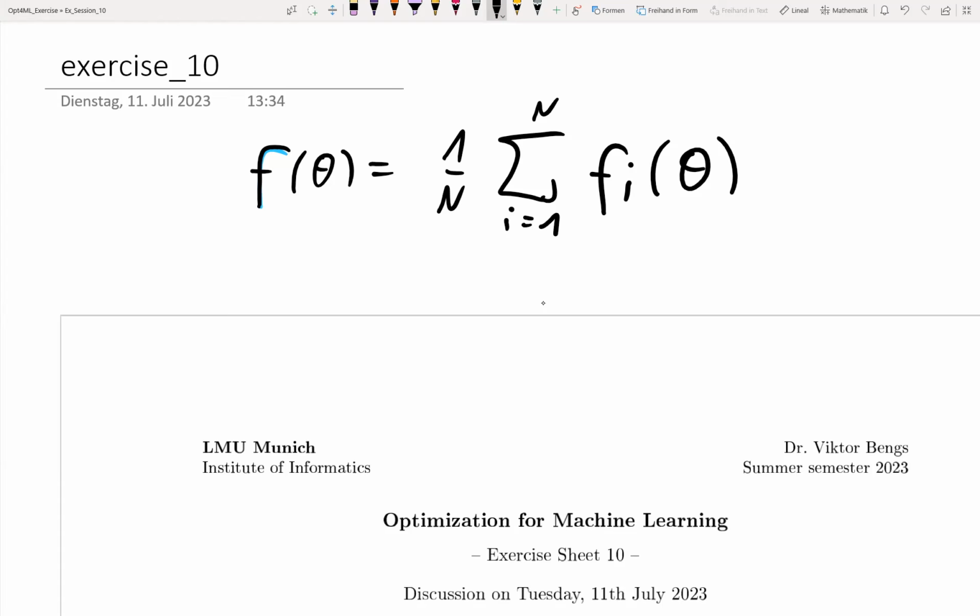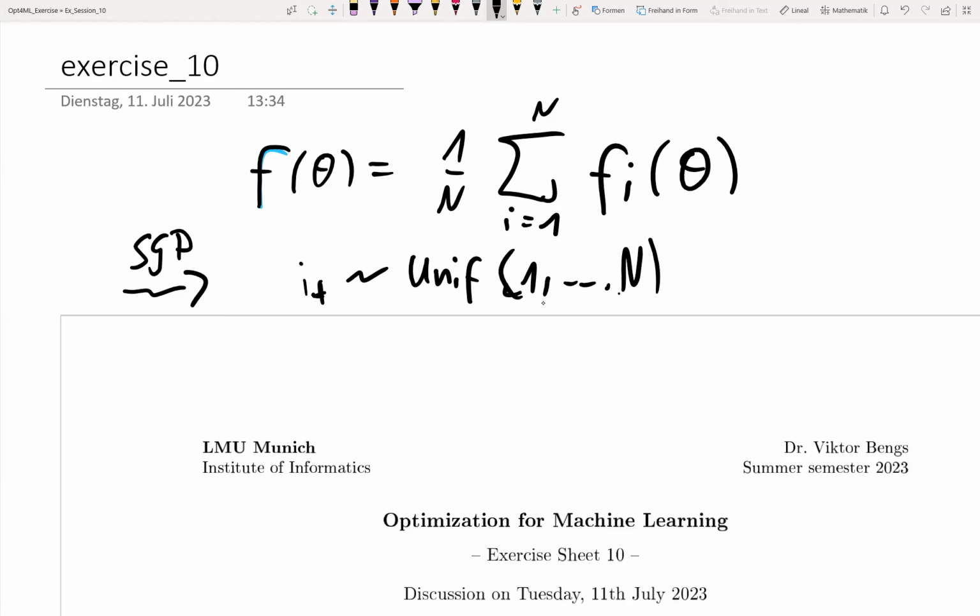And when n is large, this means that we have to compute n many gradients to get the gradient of f. So the idea of stochastic gradient descent is to get a stochastic gradient, as the name suggests, which is, of course, meaningful in the sense that it's a good proxy, a good surrogate for the gradient we are actually interested in. And one way to do this, the most simple way, is we sample one integer from 1